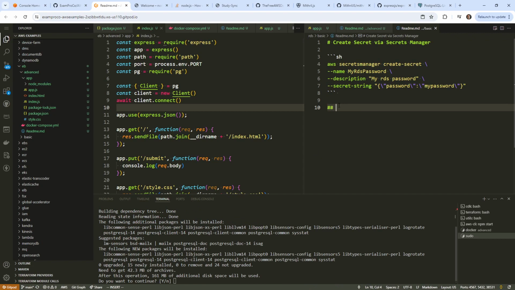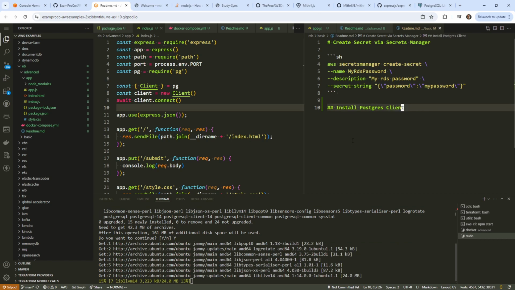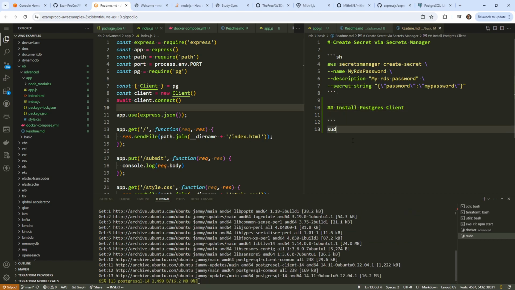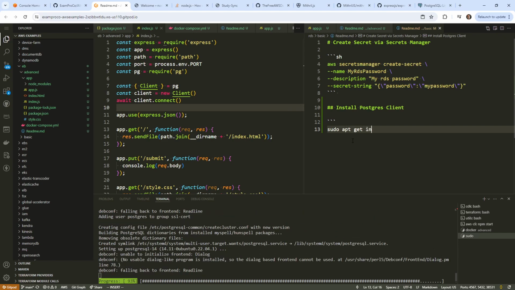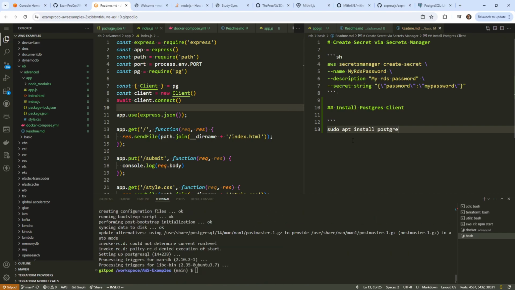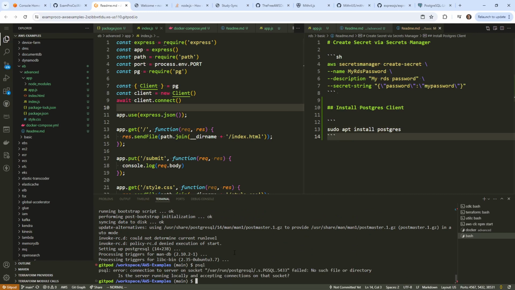Say install Postgres client. Every time I try to figure out how to install just the client, I never figure it out. Ever, for years. Okay, and so now let's type in PSQL. And we now have a command for